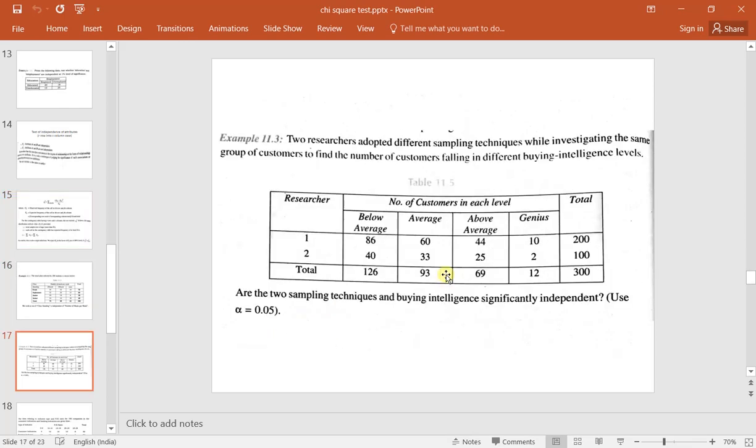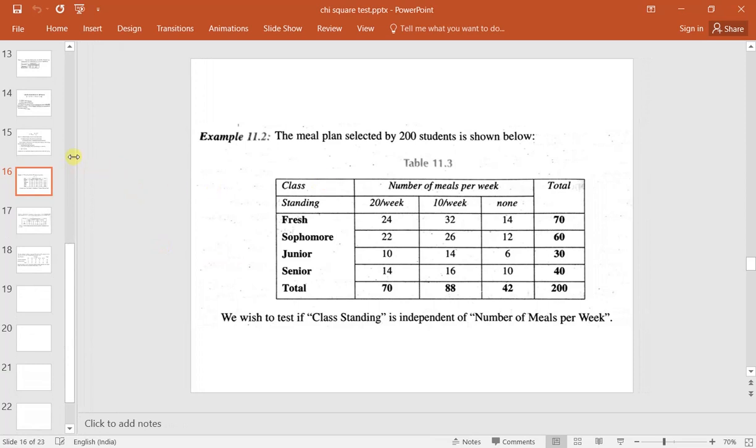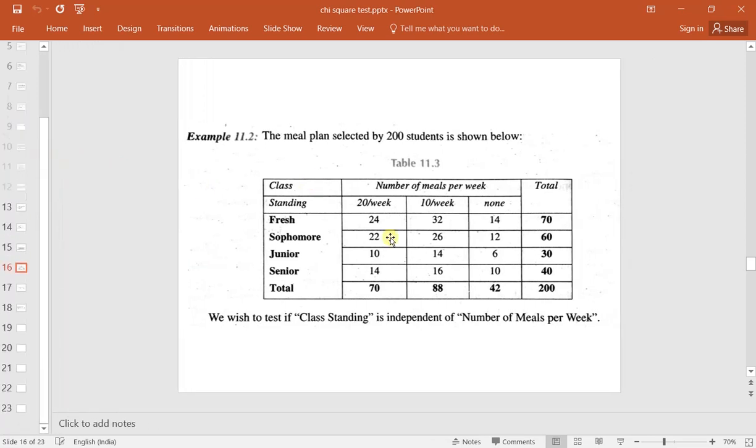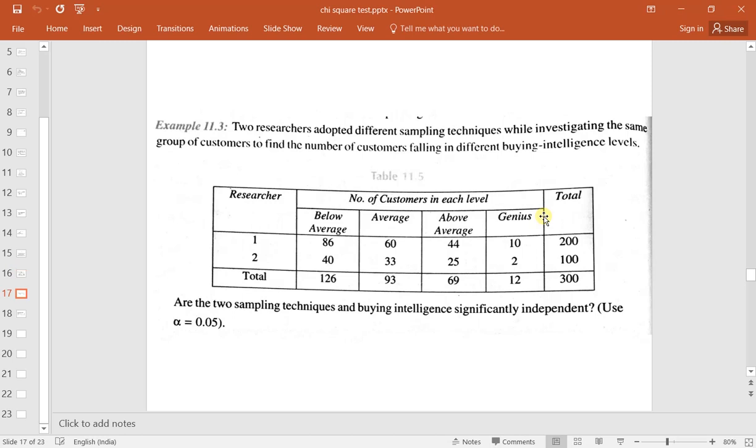Okay, so what is the problem here? This problem we have already discussed, and the next problem is this one now. So what the problem is about, we will try to understand the problem first, then we will get into the